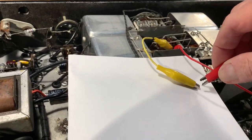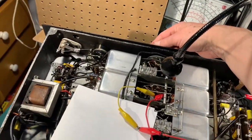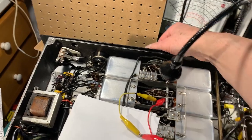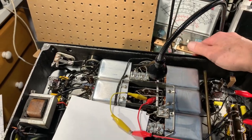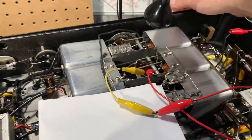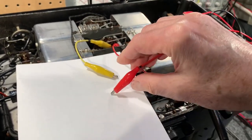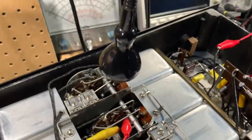Now, that's band 6 disconnected. Reconnect it. And the crackling appears, and yet there's no crackling on band 6 at all. That's band 6, total silence. Band 1. Disconnect band 6. Silence. So my conclusion is that the problem is actually in the